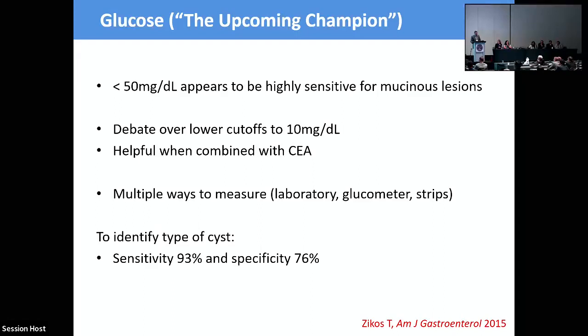And there are actually potential benefits from including glucose that we're now starting to do at our institution. And less than 50 appears to be highly sensitive for mucinous lesions. There are debates about the different cutoffs that can be used, and again, dropping to 10 may increase the specificity even more, helpful when combined with CEA. But of course, there are multiple ways to measure glucose, and there could be a lot of variability in that. But you can see here the sensitivity of 93% and specificity of 76% from some pooled data that I found